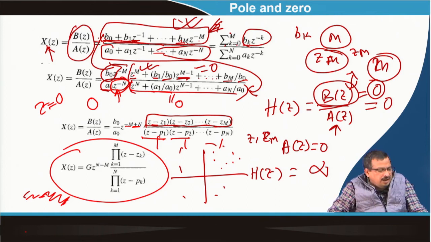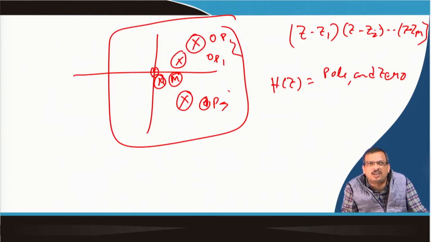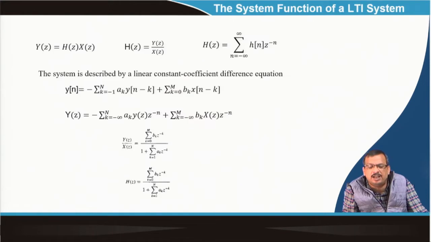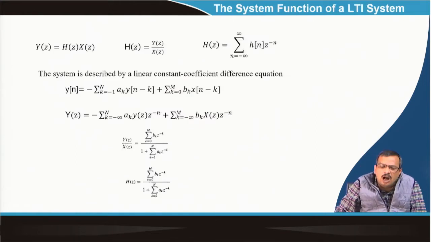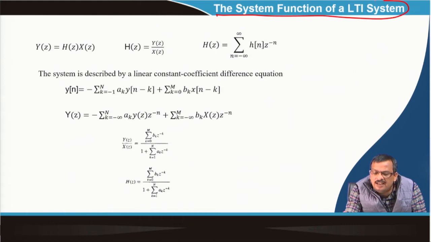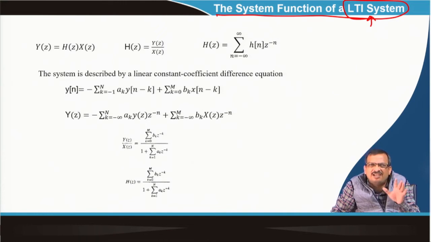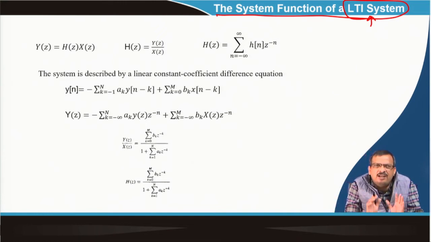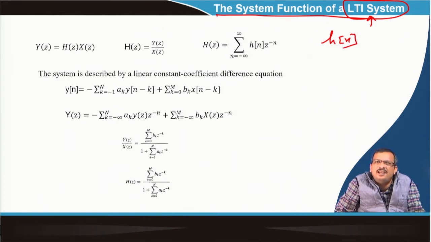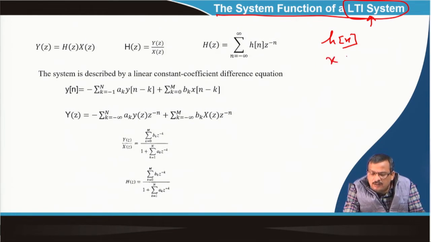Let us talk about why we go for the Z transform in digital signal processing. Z transform is a well known mathematical subject, but how do we use the Z transform in DSP, digital signal processing? So, our interest is the LTI system. Okay, forget about the slide, just listen. LTI system, linear time invariant system. Let us say I have an LTI system whose impulse response is h[n]. h[n] is the impulse response of the LTI system and x[n] is my input.